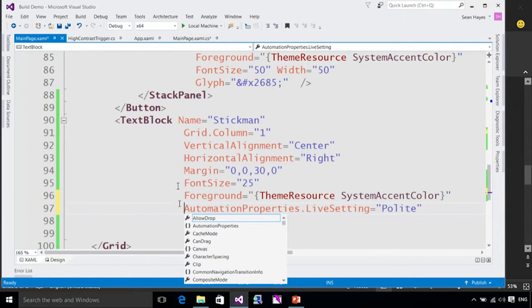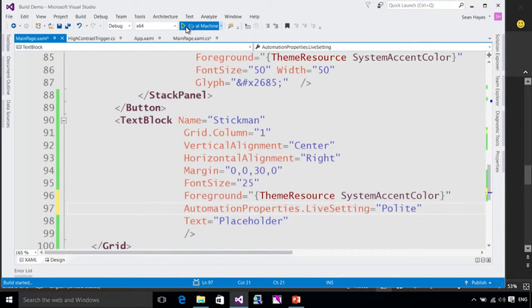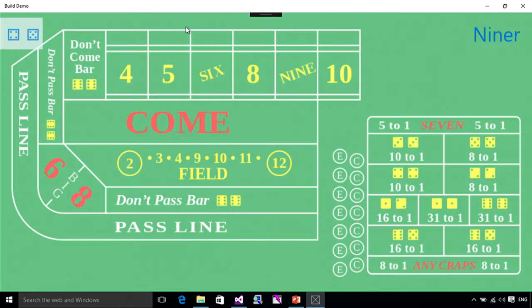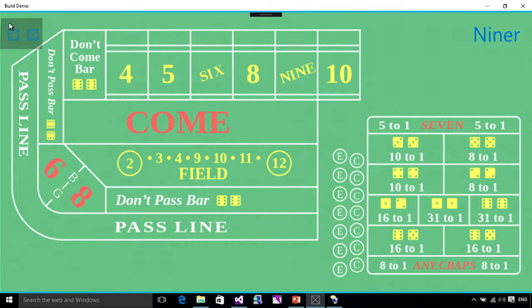And so now when I run this application, I can start Narrator again. Build demo window. 7 out. Fever 5. Okay, so you can see here that it's reading it out, but actually I'm using my